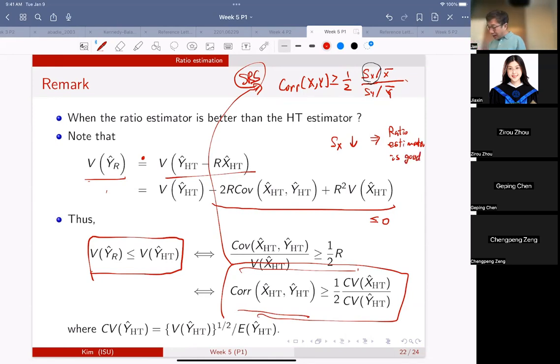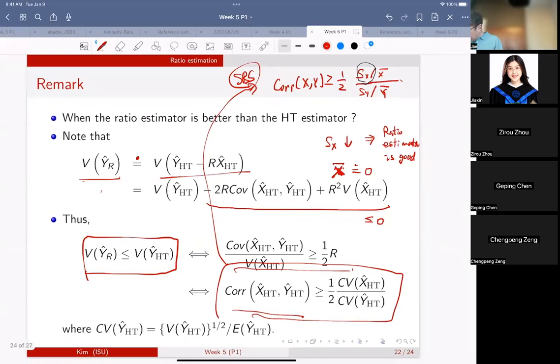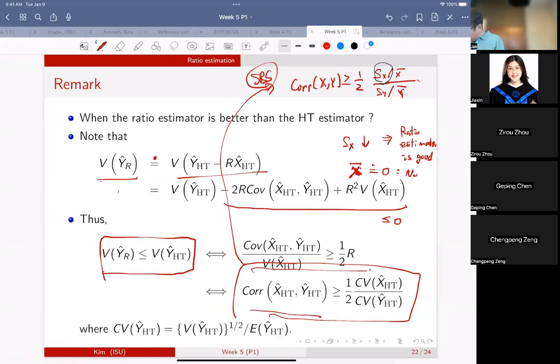But another interesting part is that if X bar, the population mean of X, is close to 0, then what does that mean? That means the right side is likely to be high. So this inequality may not hold, right? So then the ratio estimator is not good. Which makes sense because if you think about the ratio estimator,